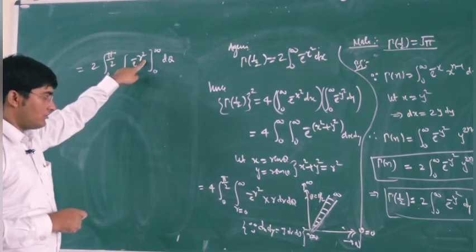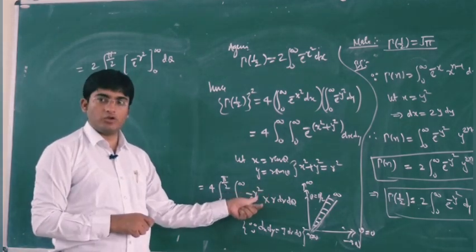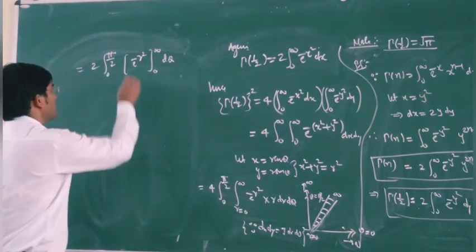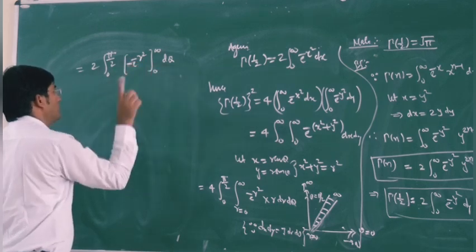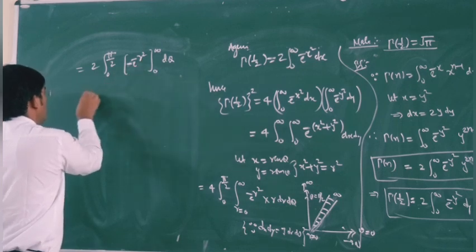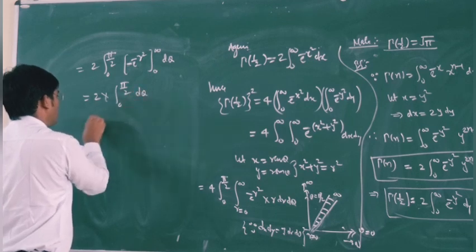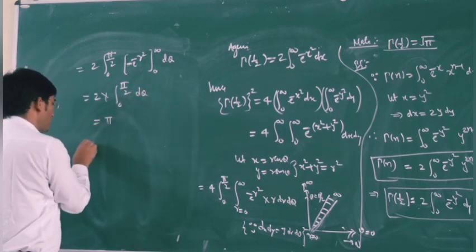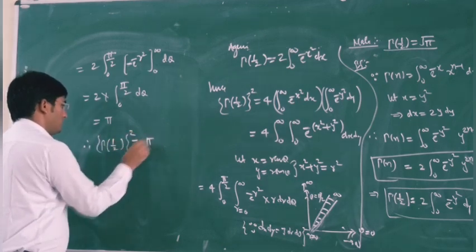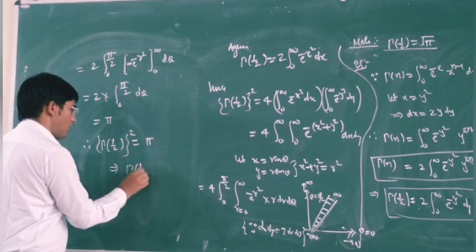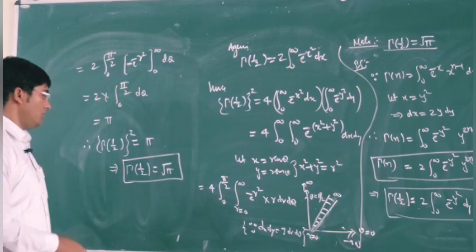Again we will have a minus sign, because if you take r square as t, then this will be e power minus t. Integration of e power minus t is minus. So for the upper limit the value is 0 and for the lower limit we have 1. So this minus will be plus. So this is equal to 2, and then integration with respect to theta. So again it is pi. Therefore our gamma half whole square is equal to pi. So from here the value of gamma half is equal to square root of pi. So this is your gamma half.